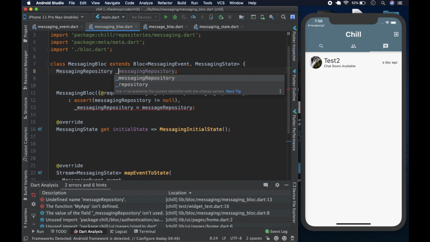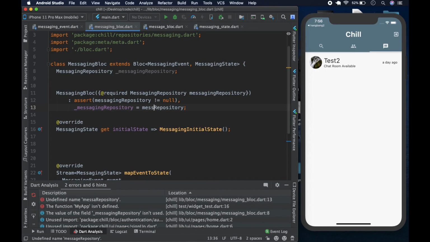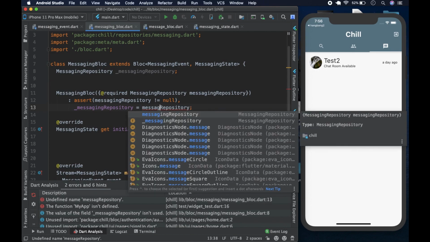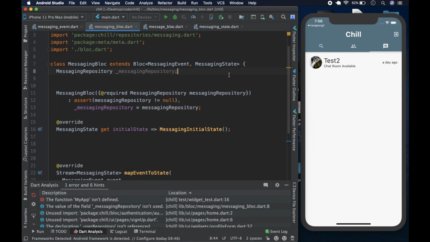Let's put an underscore here and make it private, and this is going to be messaging repository like so. So basically we have done that.